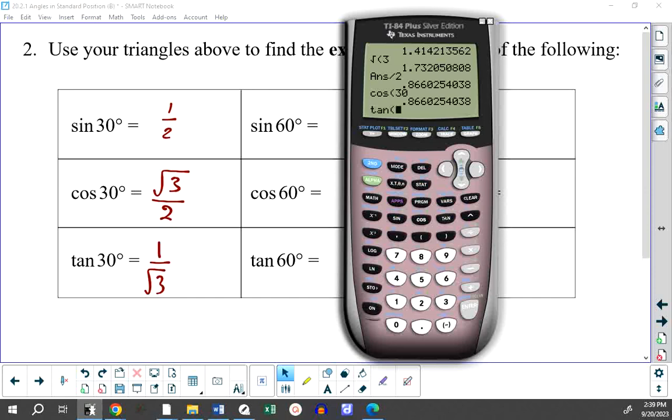So tangent of 30 degrees. I can't change this. Can't change it to a fraction. It's not an exact value. It's an irrational number. As an exact value, it's 1 divided by the square root of 3. You agree? I would like you now